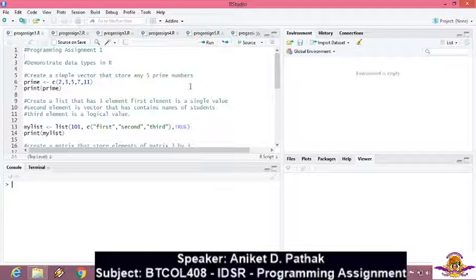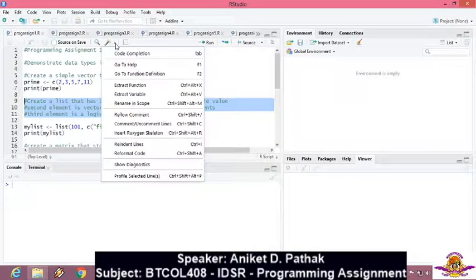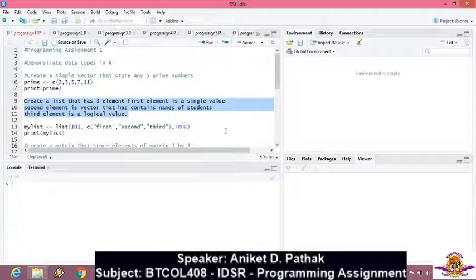So let's begin with the first. As you can see, I have written in green. This is a comment. How can you give a comment? Simply put a hashtag symbol in front of a statement, then that particular line will become a comment. If you want multiple comments, RStudio allows you a simple way. If you observe, I am just selecting these three lines, then going to this tool over here, that is the Code tool, selecting Comment/Uncomment Lines. As they are already comments, if I select it, then these become uncommented.